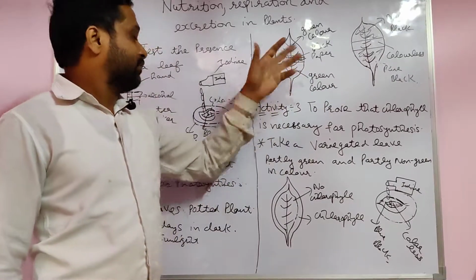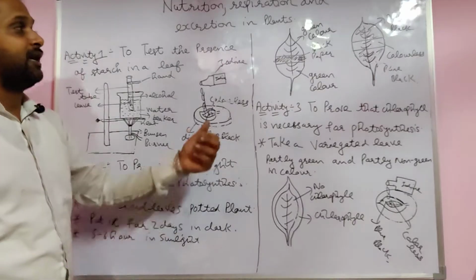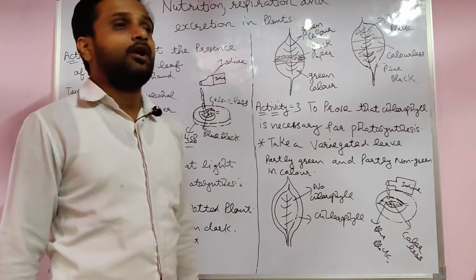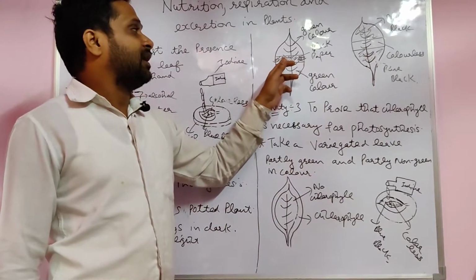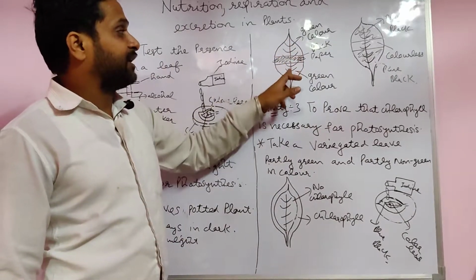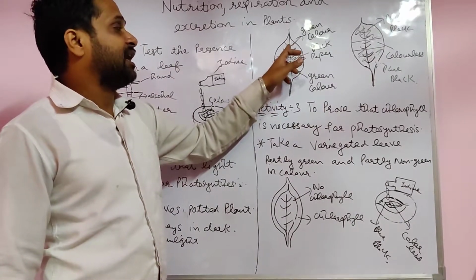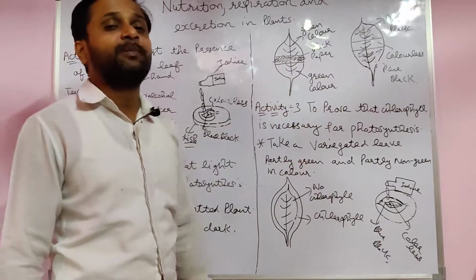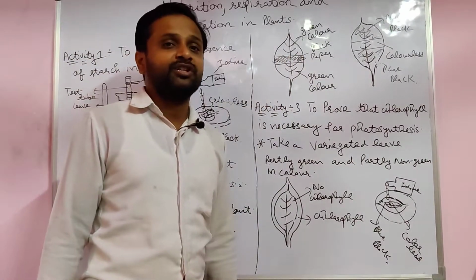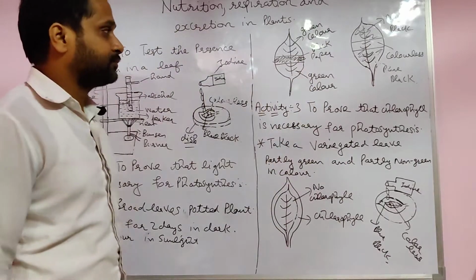Light is important. Here the light will come, but on the black paper the light will not be absorbed, it is reflected back. Where the leaf is green and exposed, photosynthesis happens because of the presence of light. But where the black paper is, photosynthesis is not possible, students.